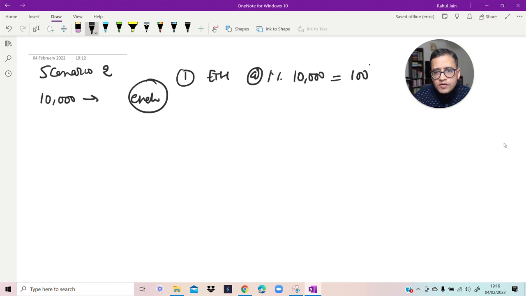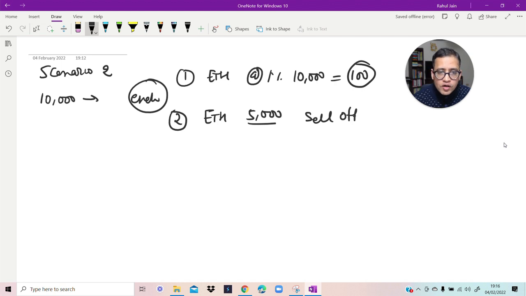So 100 rupees will get deducted as a TDS. Now let's assume here that Ethereum goes down, and the value now becomes 5,000 rupees. And this person panics and says, okay, I'm going to now sell off because it's really going down. So in this example, what has happened is